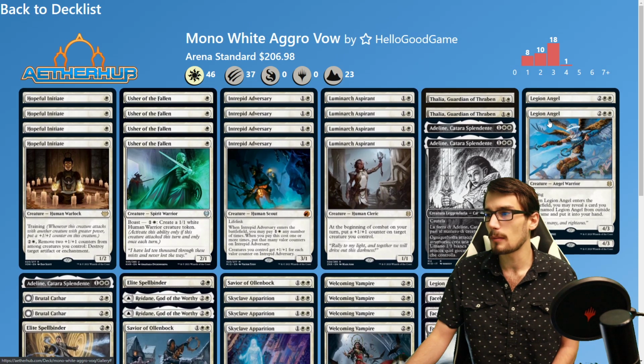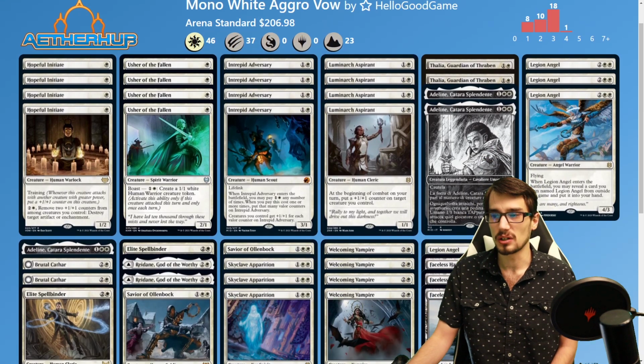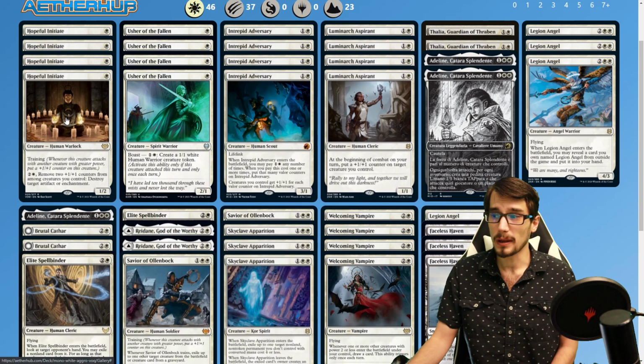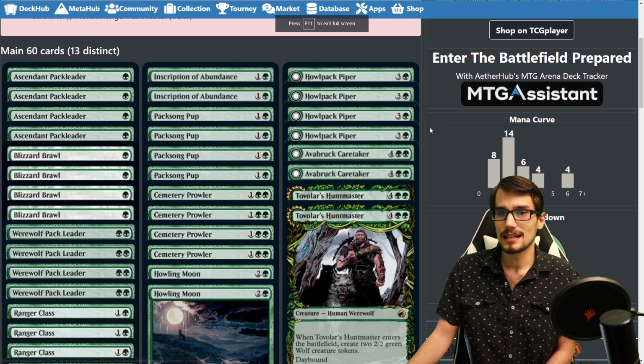And then there's the single copy of the Legion Angel in the deck as well, hiding here with those 3 in the sideboard, right? So a very aggressive deck that I think got a ton of really nice upgrades. This Welcoming Vampire and the Hopeful Initiate are my 2 favorites, but I'm really looking forward to seeing Savior of Ollenbach perform as well. So with that out of the way, our final deck in today's video is the mono